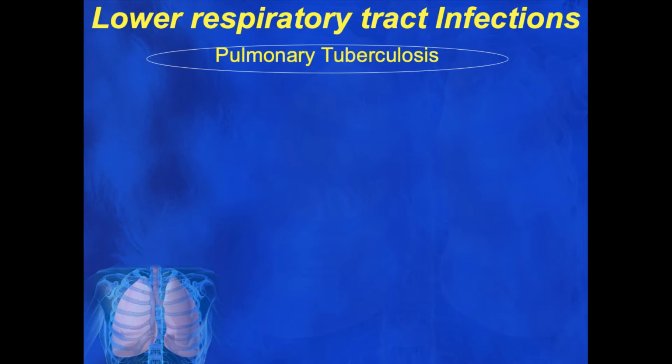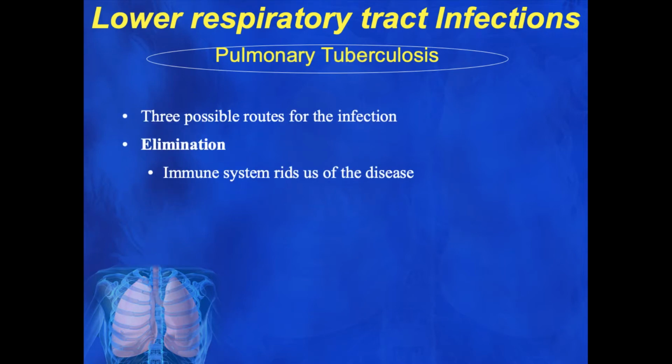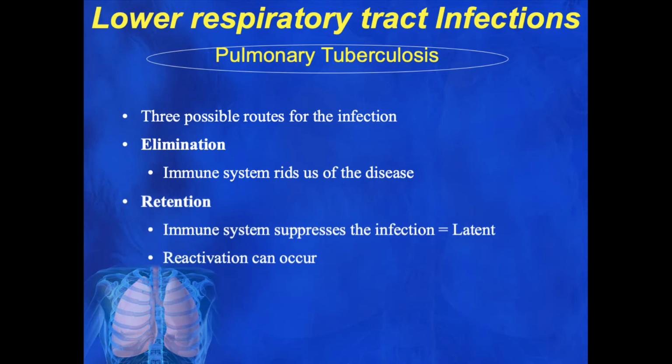Three possible routes for the infection. First you have elimination, you have retention, and you have active. So elimination means I get tuberculosis, but I don't really get the disease. What happens is my immune system is able to fight this off, and it rids my body of the disease